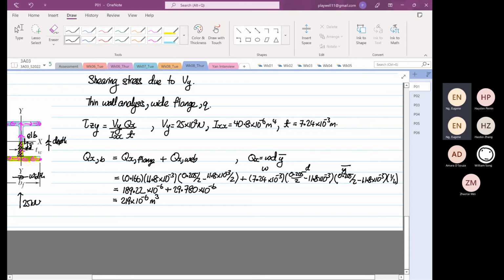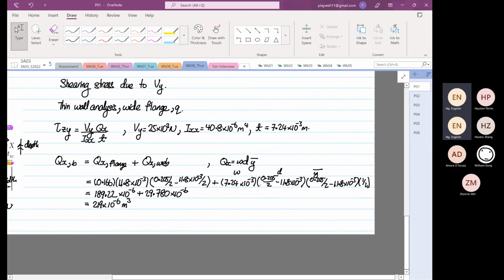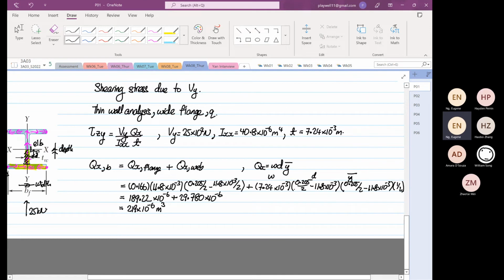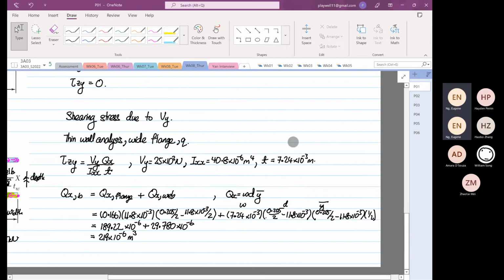times 10 to the power minus 6 meter cube. So therefore, I'm just going to write down here. Okay, so therefore, because all my information is here, the shear xy at point B is equal to 25 times 10 to the power 3, 219 times 10 to the power minus 6, divided by 40.8